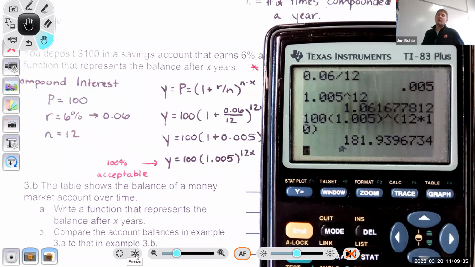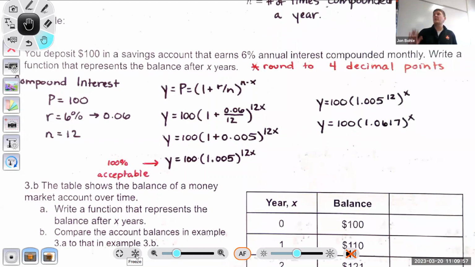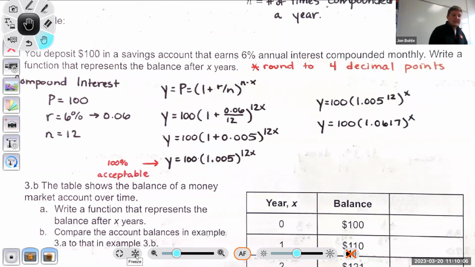I don't know what the actual average is, but anybody think they know what percentage you're going to get in the savings account? Lower than 2. Lower than 1. Yeah, it's going to be quite a bit less. It's going to be less than 1%. Okay. But just for the sake of example, I think these problems are good. Any questions about 3A, that is compound interest? Okay. Let's take a look at